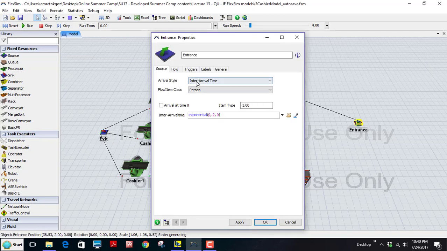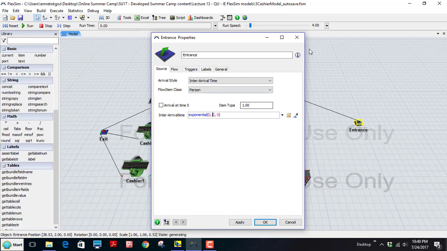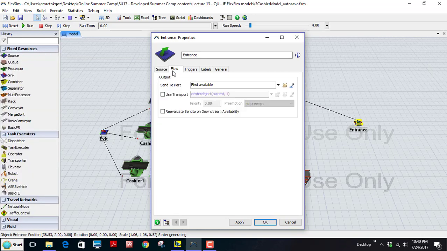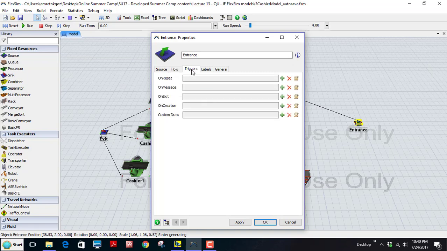Arrival style is enter arrival time by default, and flow item class is person. So the source will be generating customers entering the store. Enter arrival time is exponentially distributed with an average of 2. The arriving customers will be sent to first available port, and there's going to be a single port,